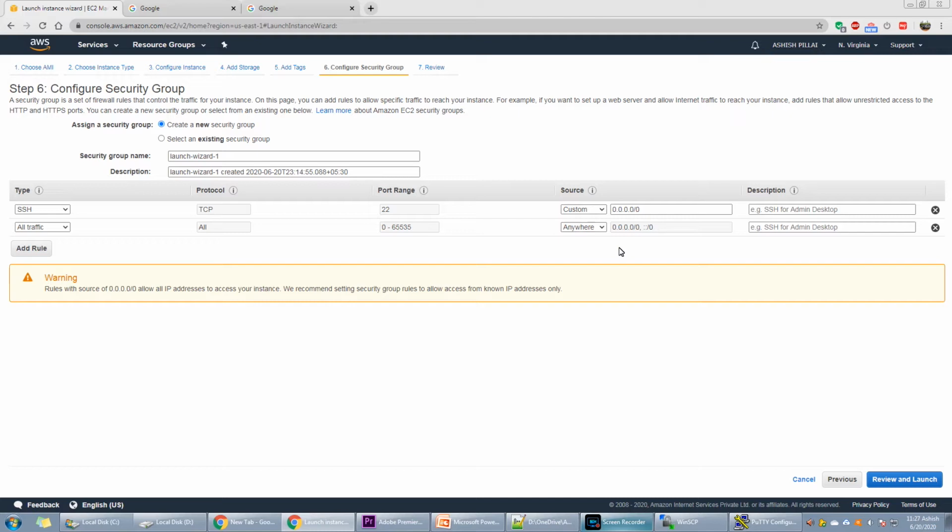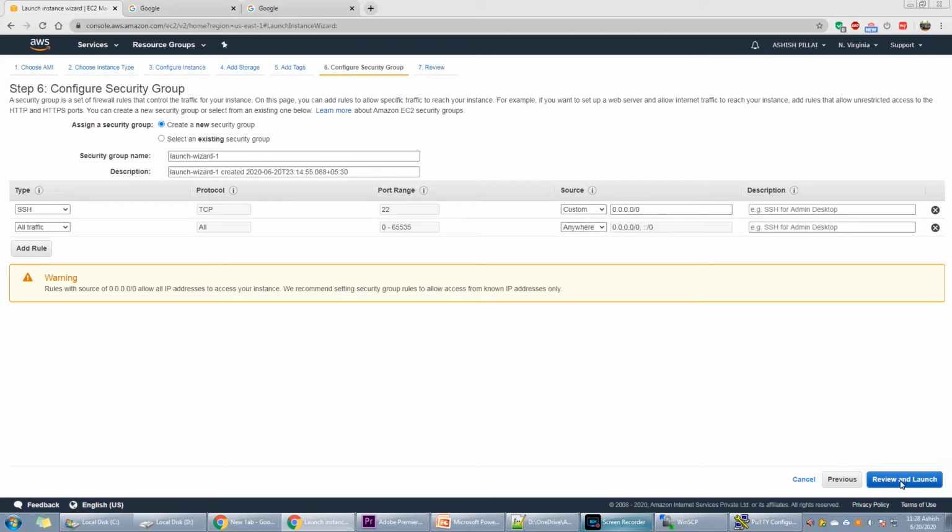If you mention anywhere, this instance will accept connections from any IP. If you want to specify the exact IP of the current system, we can select My IP, which will auto-detect the IP of the system in which you are working. So let's keep it anywhere.